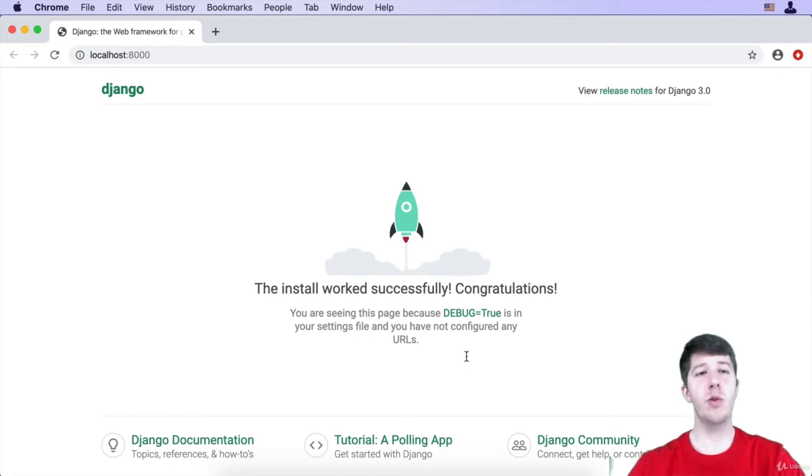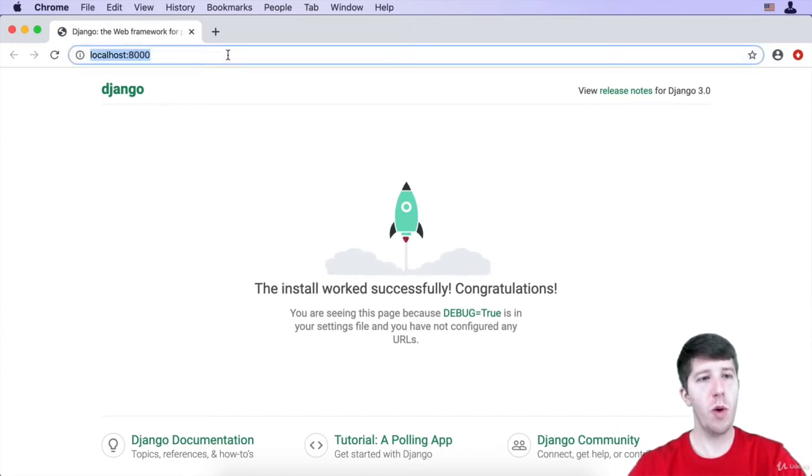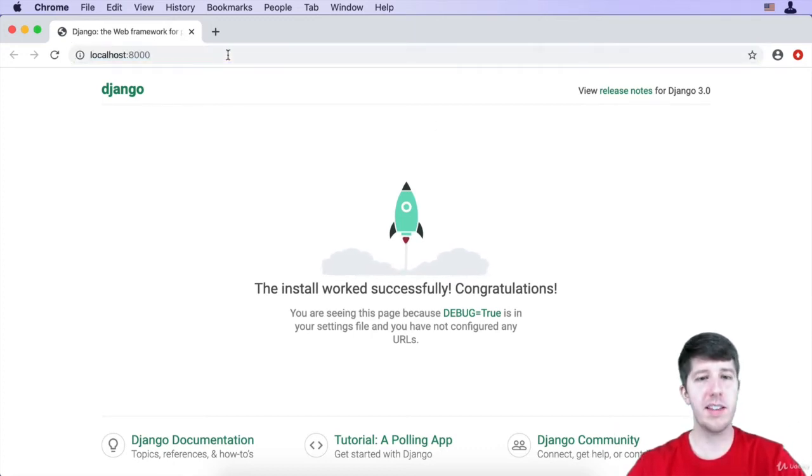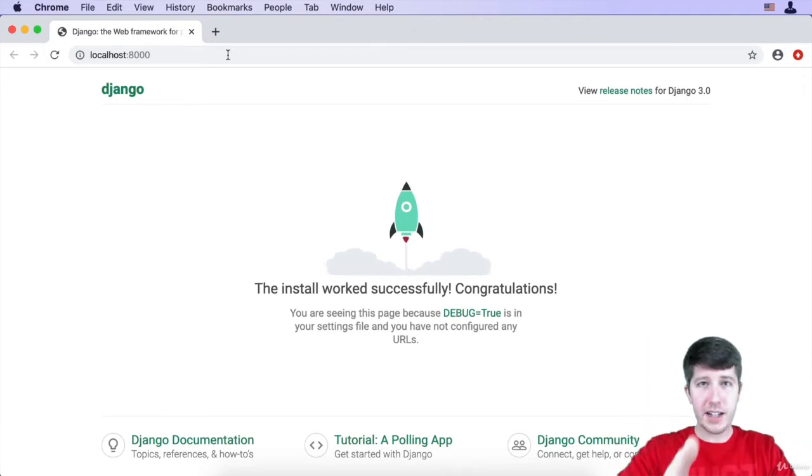So it's really cool that we got this page to show up for our website. If we go to localhost:8000, this little default page is here. But it's not that cool because this was all generated by Django and it's not really our own. So by the end of this lecture, I'm going to show you how to create your own first custom page,